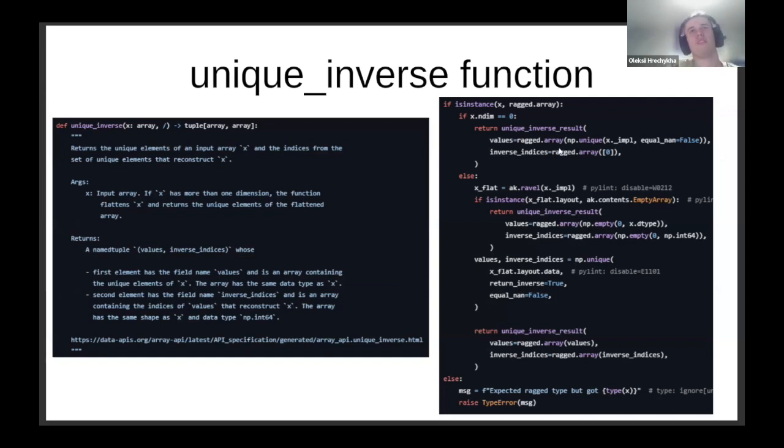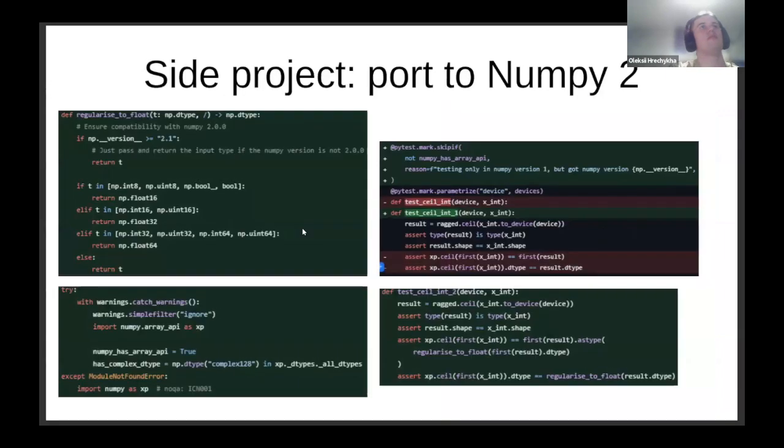But in hindsight, the functions seem easier than what they looked like when you have zero idea as to how to implement this. And throughout the project, some other things appeared, such as